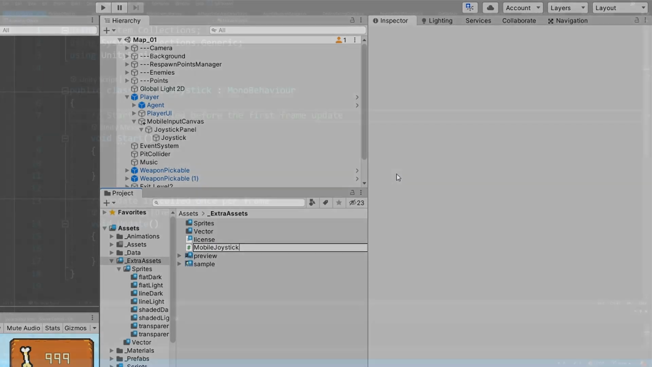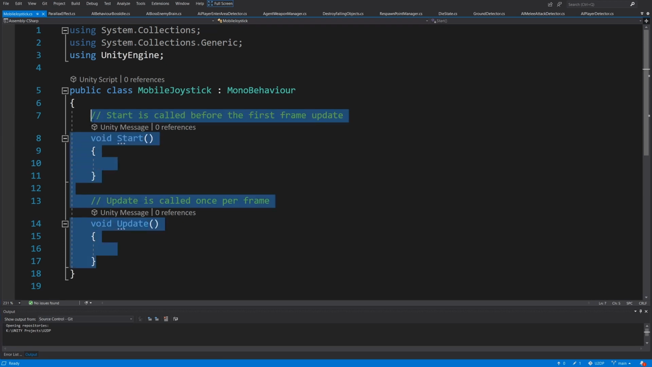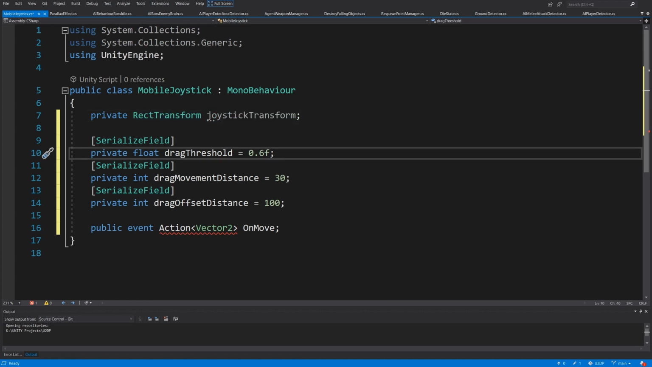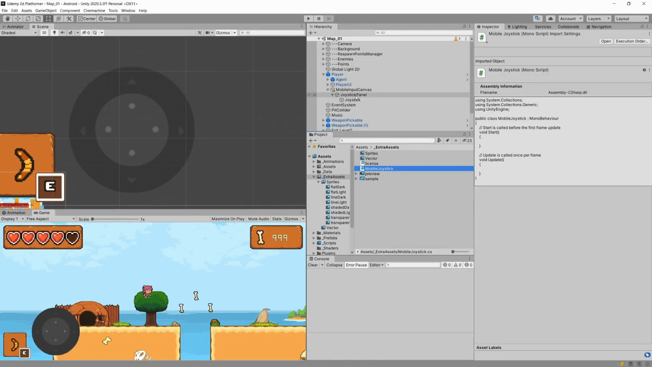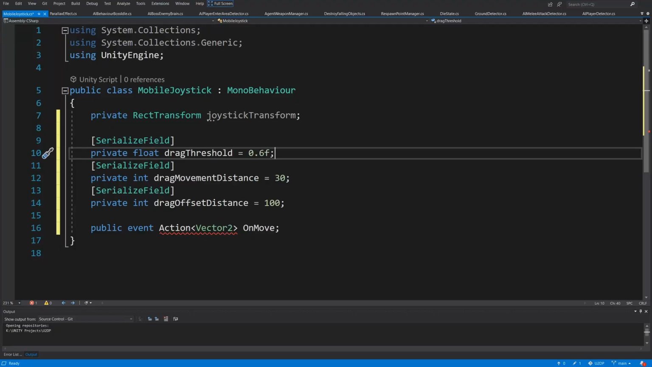And let's open this script up. Great. Now what I will do is paste some variables to our script. So instead of update and start, we are going to have a private RectTransform reference joystick transform. Now, since our UI uses the rect transform instead of the transform, we want to simply save the